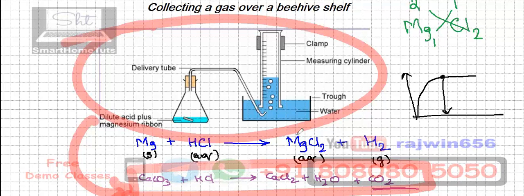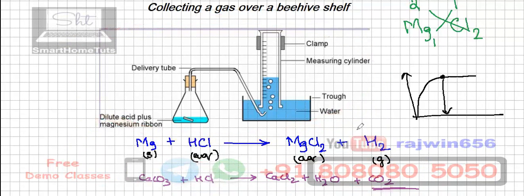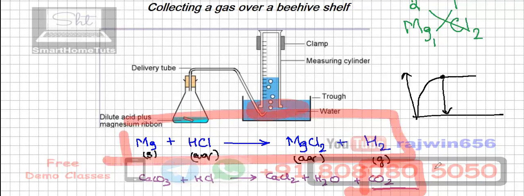That's right. Carbon dioxide will get dissolved in water. So whatever gas is formed has to be insoluble in water. It should not get dissolved in water. Otherwise, some of the carbon dioxide that is formed will get dissolved in this water, and we will not be able to measure the actual amount of carbon dioxide produced in this reaction. So this method will be used only when the gas is insoluble in water.